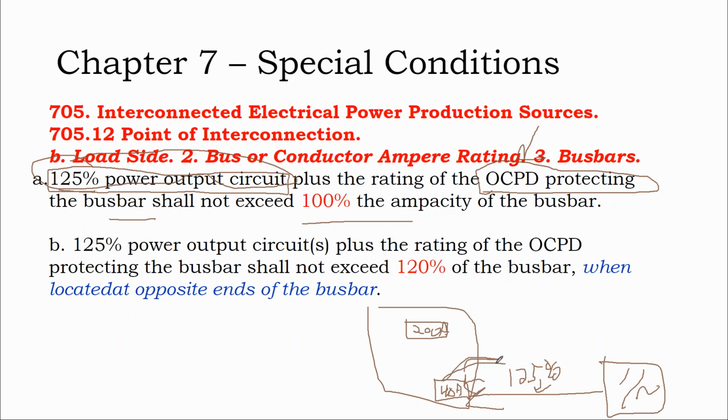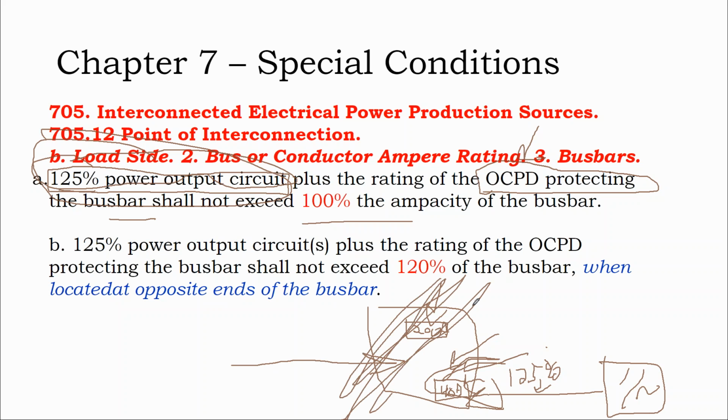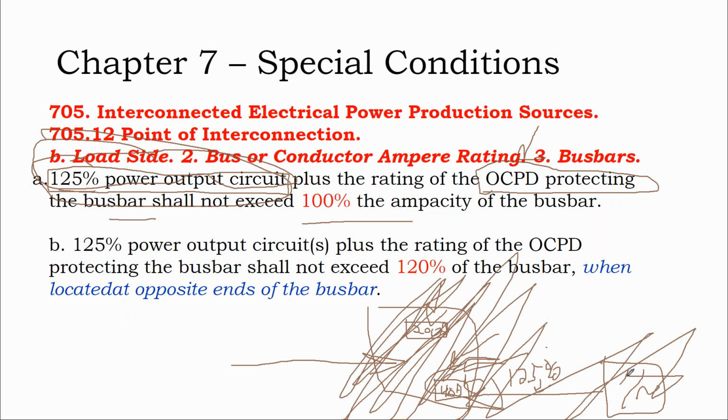So there's only like an amp or 2 or 3 difference between using the breaker size or using this 125% size. So just to make things simple, we got a 200 amp breaker and we got a 40 amp breaker. And that gives us 240 amps of power. And so if this is a 200 amp service panel, it's going to heat up and burn if we supply it with more power than what it's rated for,